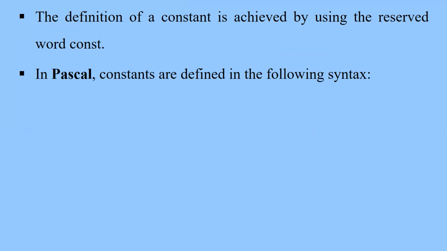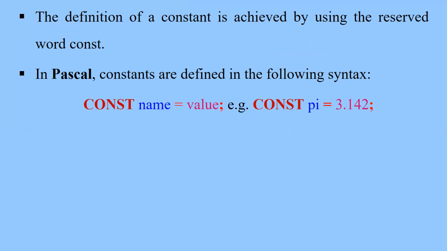In Pascal, constants are defined in the following syntax: const name equals value semicolon. For example, const pi equals 3.142 semicolon. How do we read this statement? In a programming language like Pascal, it simply means